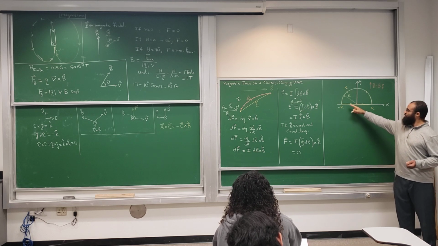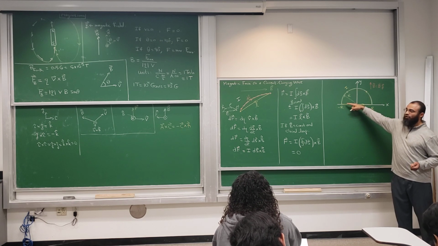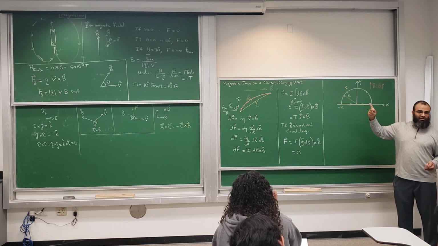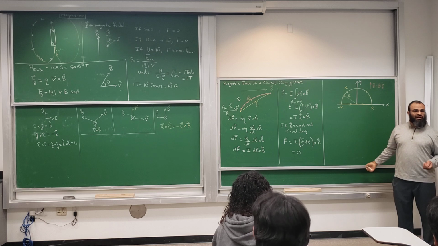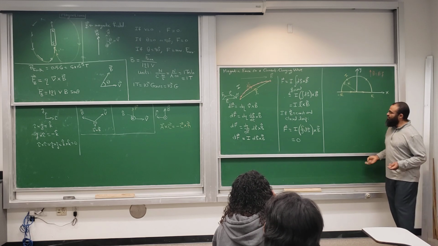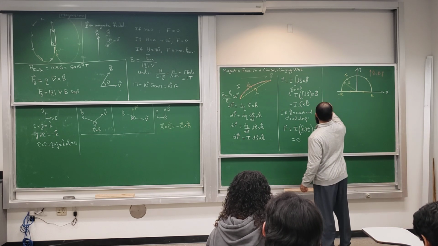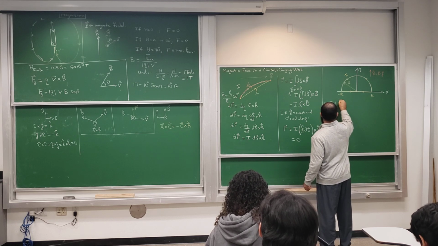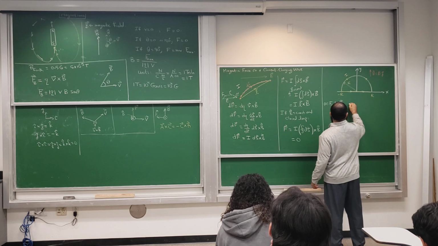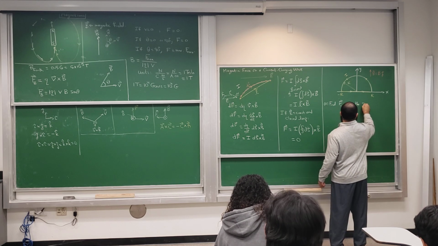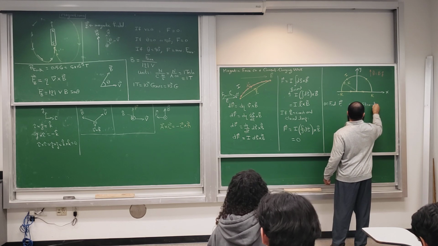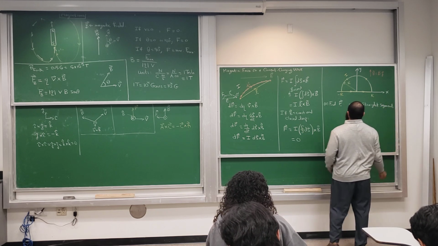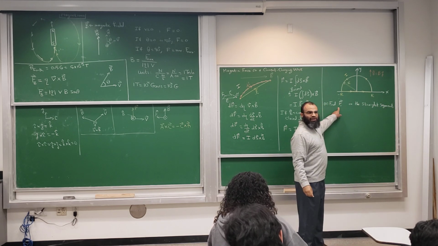So find the magnetic force on the straight segment, find the magnetic force on the semicircle, and I know that the sum of these two magnetic forces needs to be zero. And I'm going to double check that. So let me write. On the straight segment, I'm going to call it F1, and on the